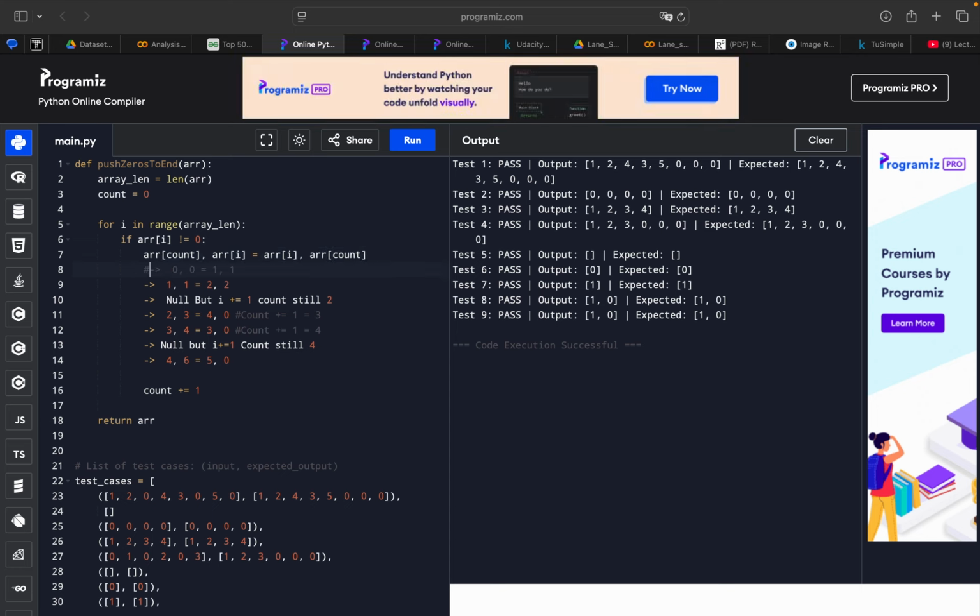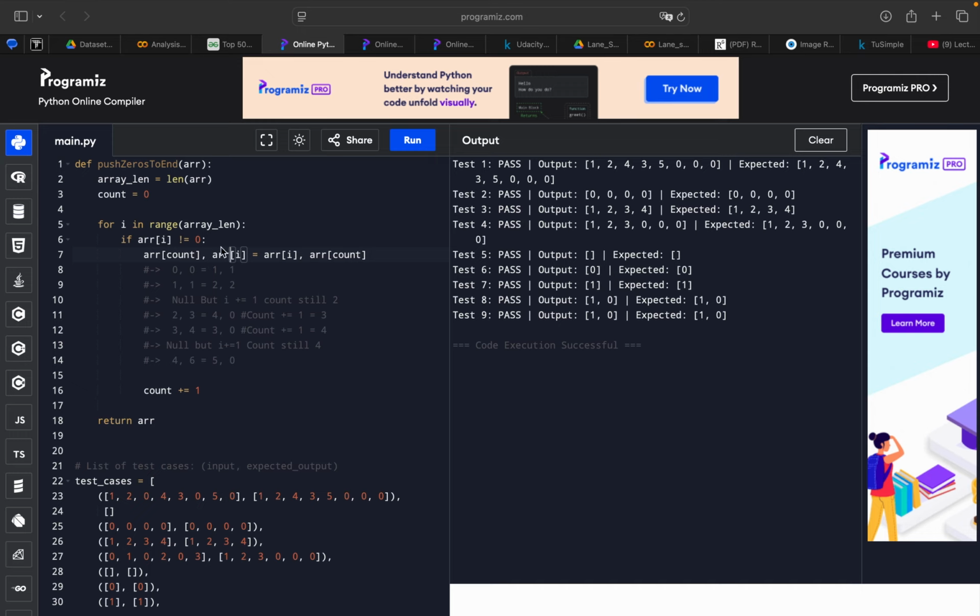Let me just comment out all of these here so things will become a little clearer. So this here is the main code. This is a Python way to swap two elements in the array. Consider this is just a swapping function where we give two locations or two variables and we are swapping the